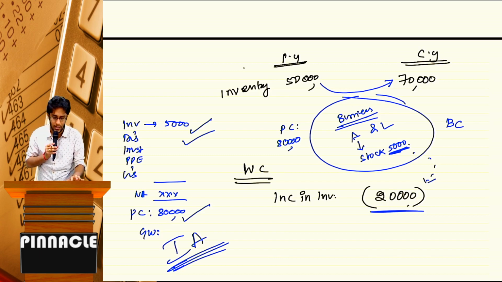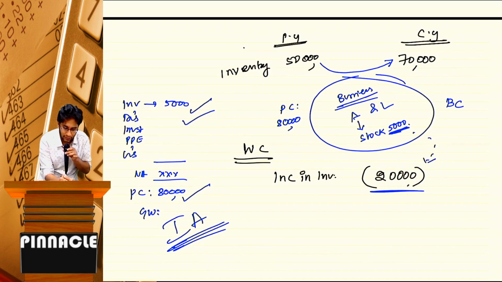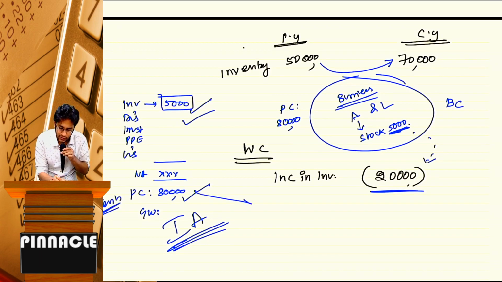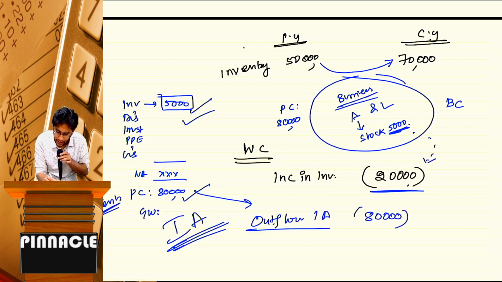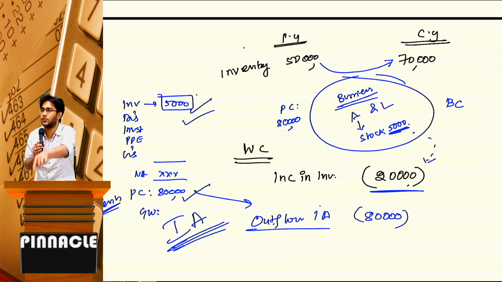Are you understanding, sir? This is wrong, sir. Double effect, sir. In that 80,000 the inventory is also there, sir. Imagine you paid that 80,000 in cash. This will go under outflow for investing activity. When I write 80,000 outflow, 5,000 is in it. Again in operating activities, that same 5,000 you cannot show as outflow. The same applies for all trade receivables, trade payables, whatever you acquired from the subsidiary. So the rule is,